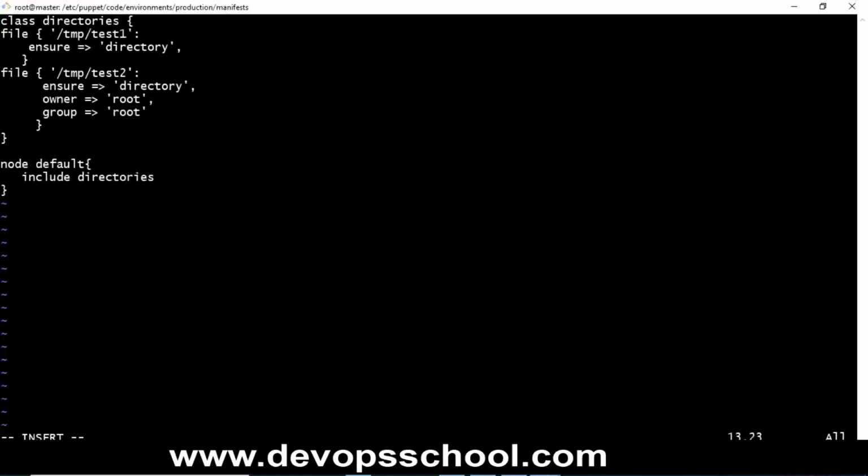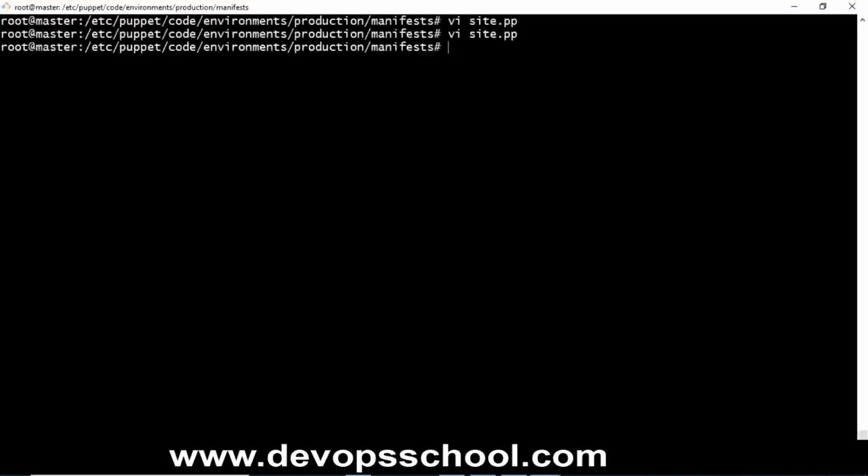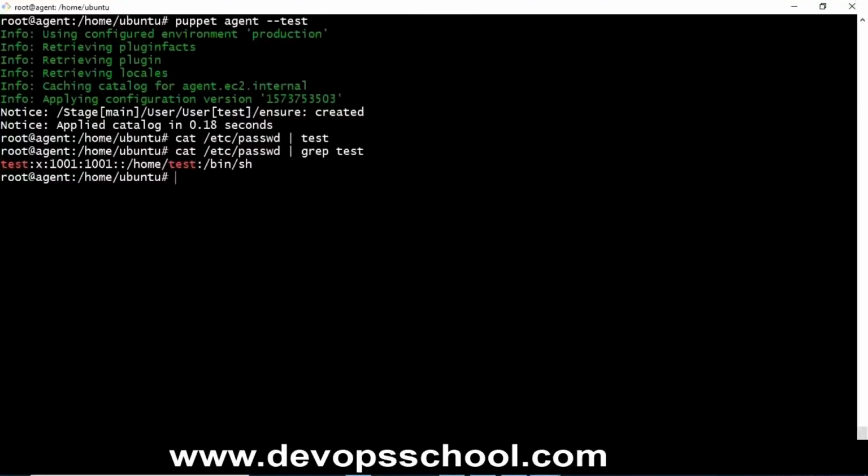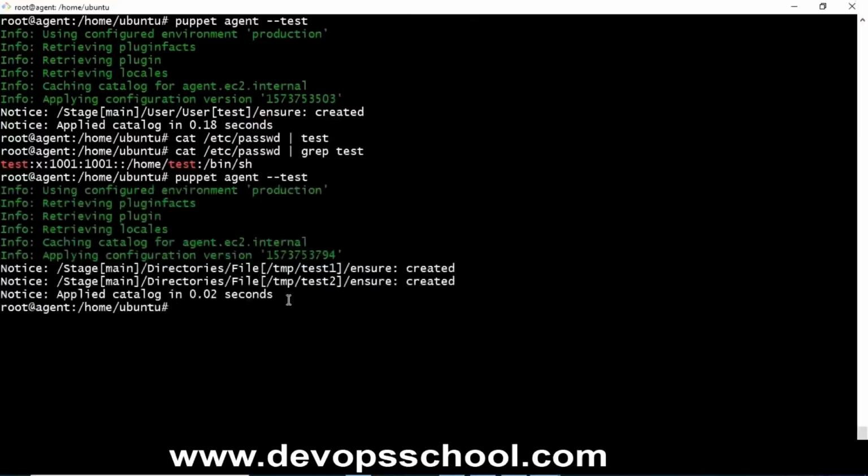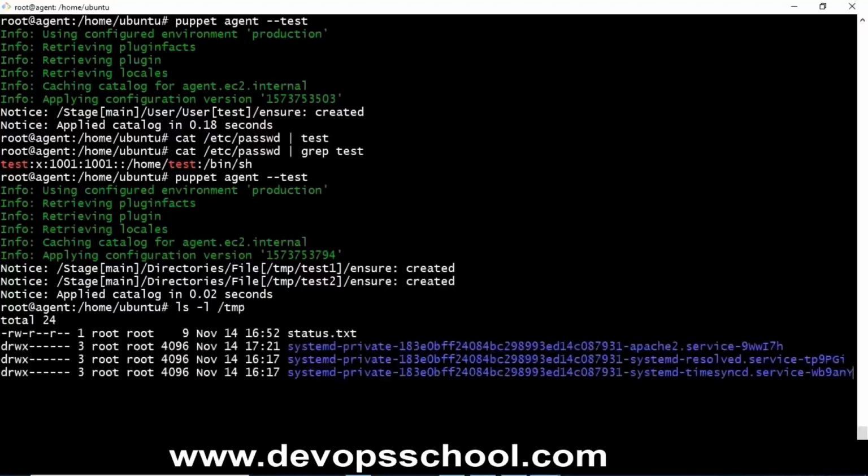Save it. So let us execute this. Now you see these two directories get created. If I say ls -l /tmp, you can see there is test1 and test2,